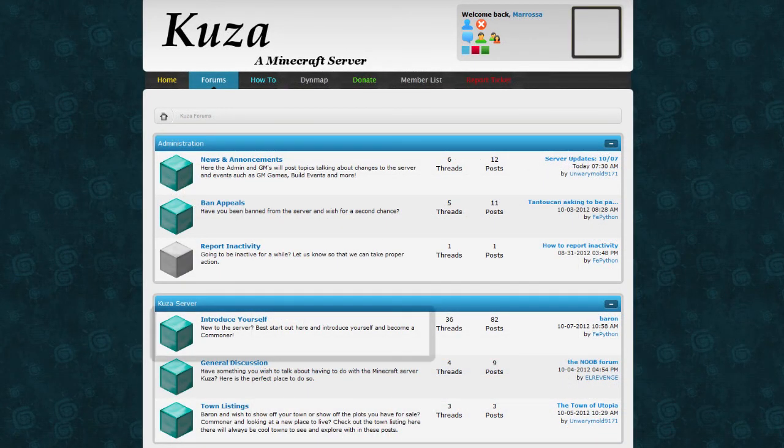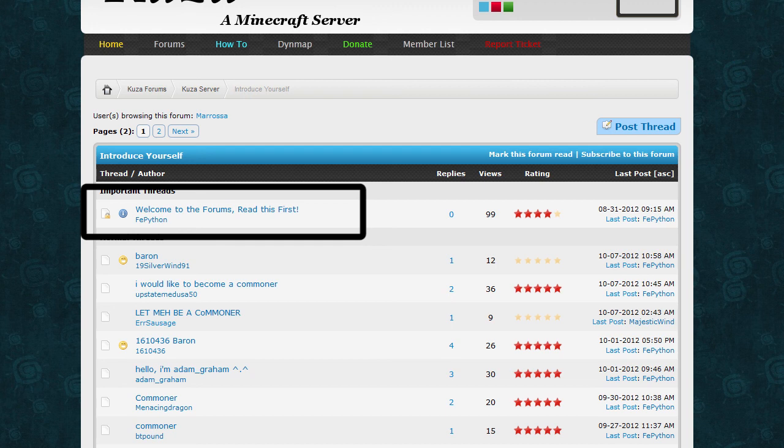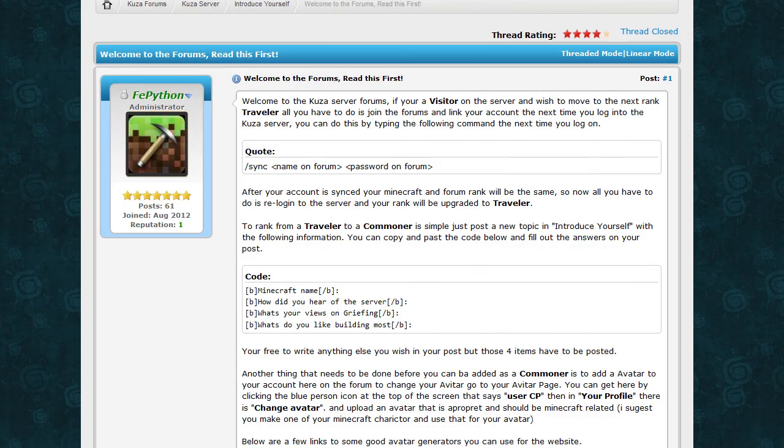It's under Kuza server, introduce yourself. Click that button. Now I strongly suggest you read the forum topic. There's a sticky note right at the top of that post that says welcome to the forum. Read this first. I suggest reading that because in there is something that you need to copy and paste into